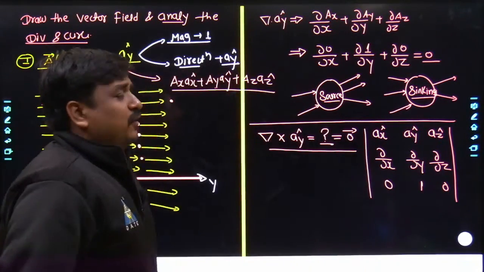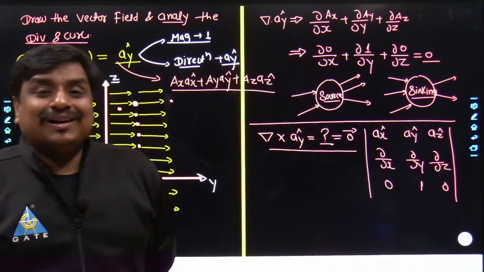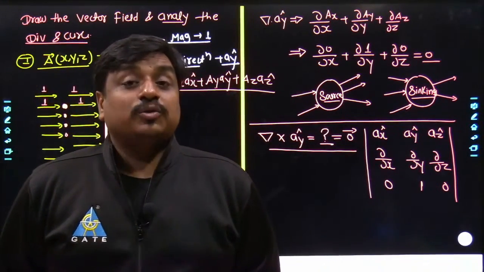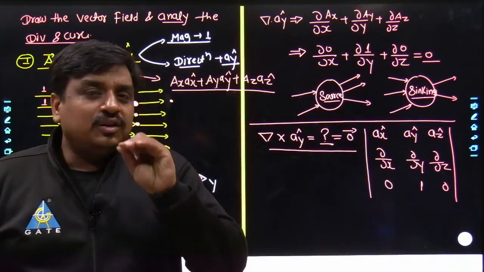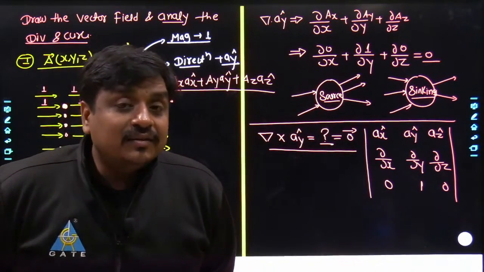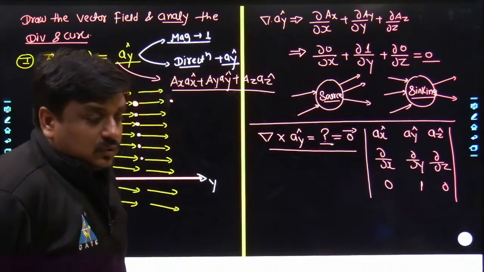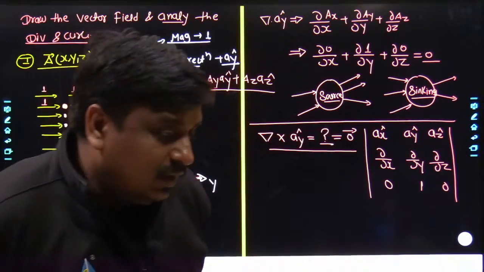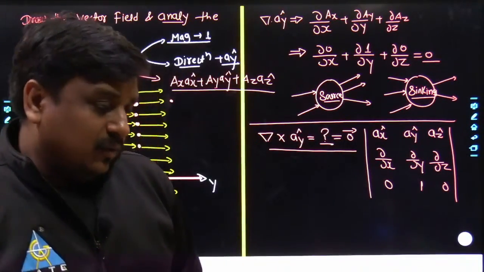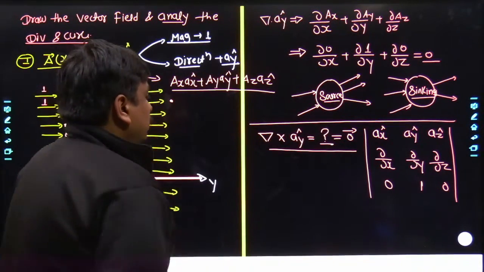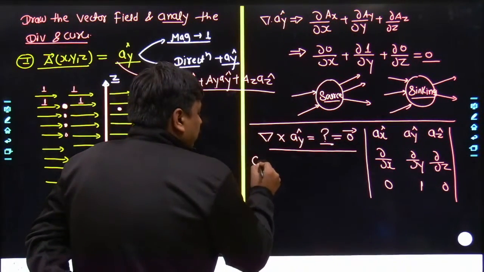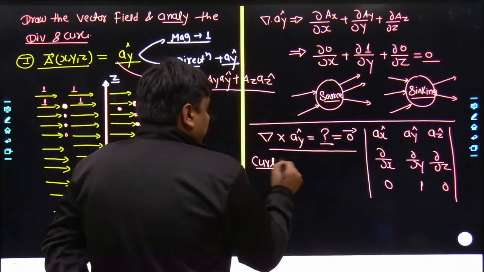Anyways, let's briefly try to understand what the curl of a vector talks about. The curl of a vector field talks about the curliness of that field, the rotation of that field, and how mathematically we can determine how much of it there is. We will be talking about that also. So what I am saying is, whenever you calculate the curl of the field,